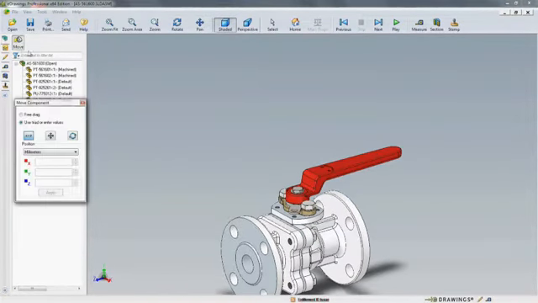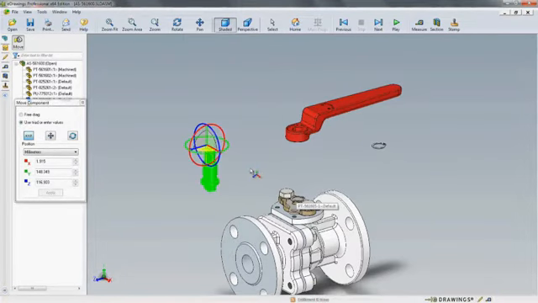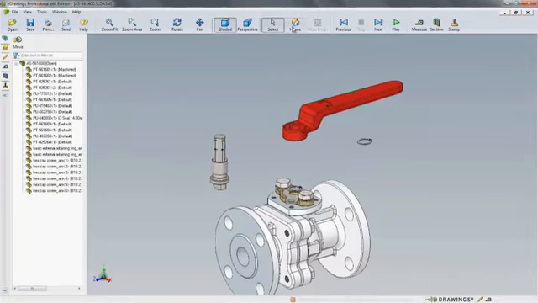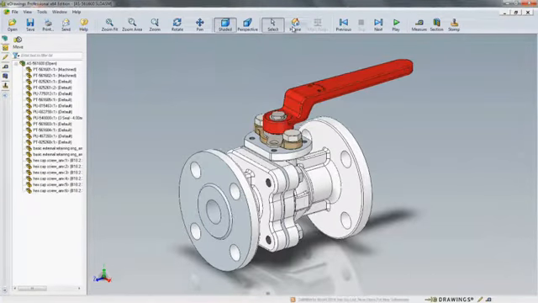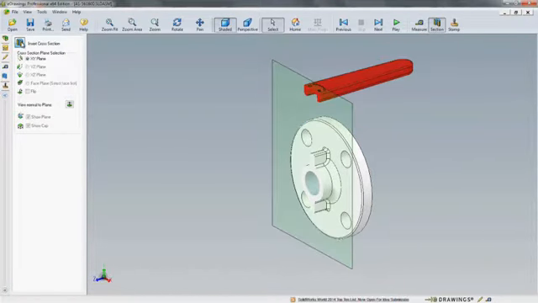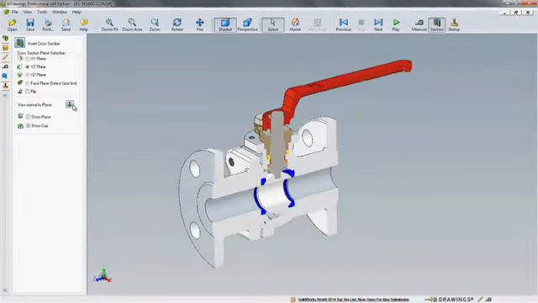You can use the Move button to move any components around wherever you want, to either move them out of the way or just get a better look at them. The on-screen triad makes it easy to position the parts wherever you want to. Sometimes, however, you need to really get inside of a design to understand how it works, or see how parts interface with each other. This is where the section view comes in. When activated, it allows you to make quick sections along any of the standard planes, or you can customize it